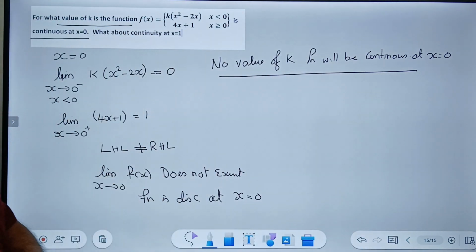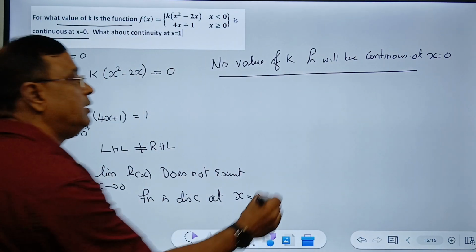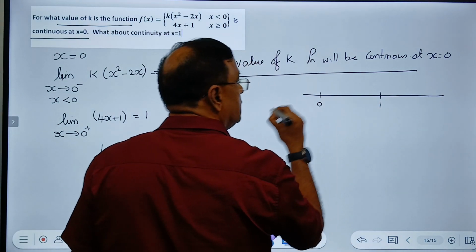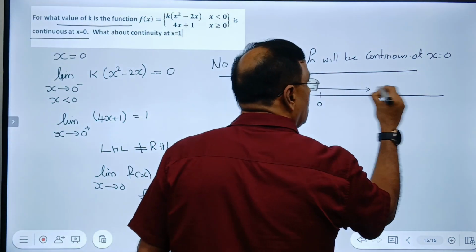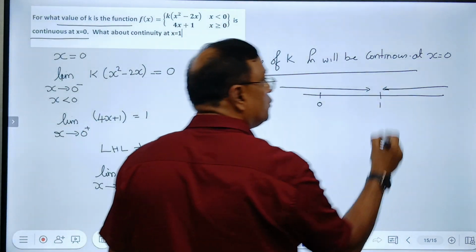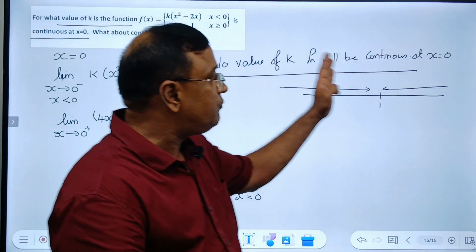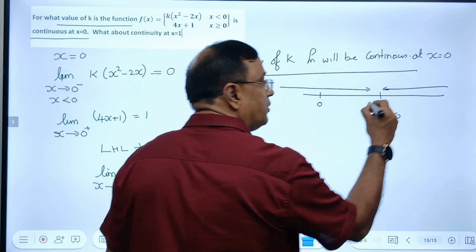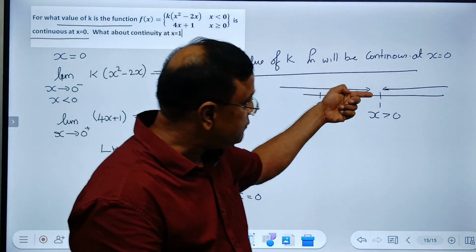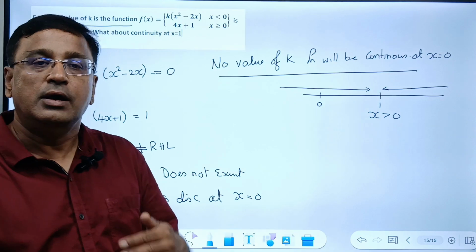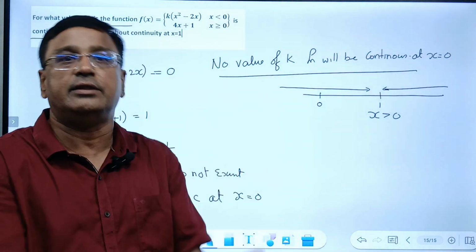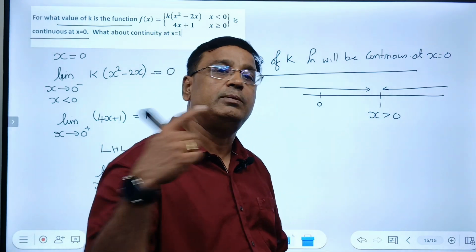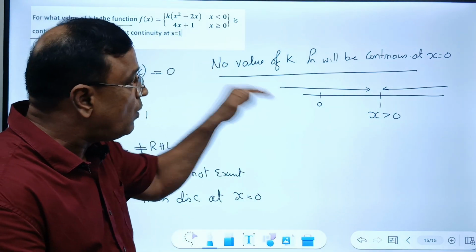He wants to know what about continuity at x equal to 1. Now look at this, x equal to 1. 1 means the 0 is here. So if I come from the left side or from the right side, when I am very close to 1, whether on the left side of 1 or to the right side of 1, I am always greater than 0, right? My values of x are always greater than 0 because you are very, very close to 1. So near 1,